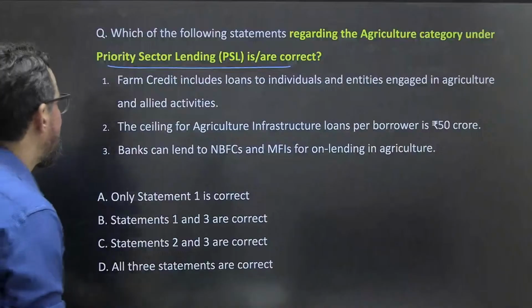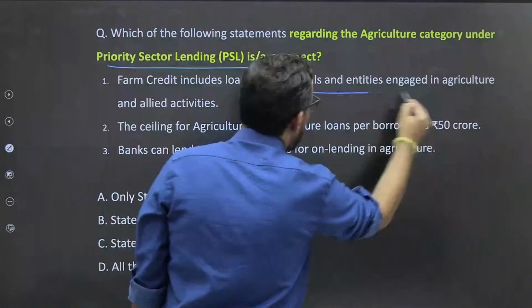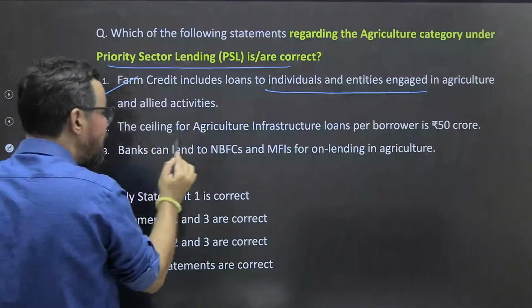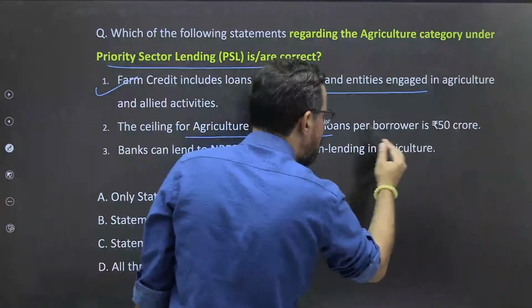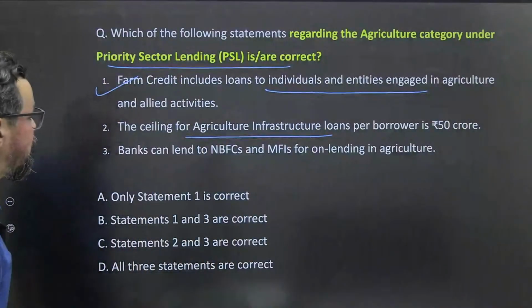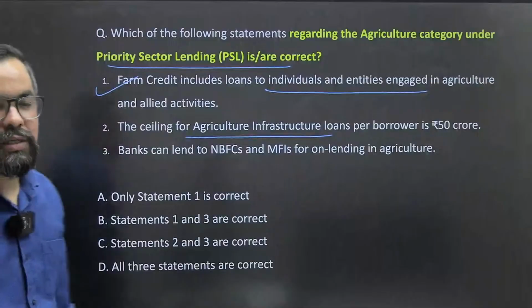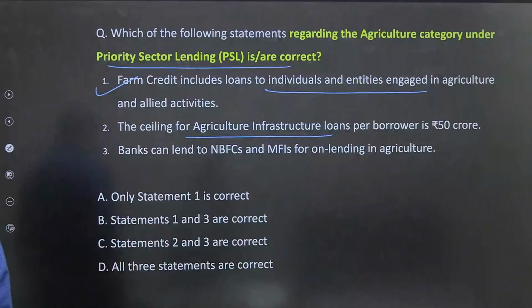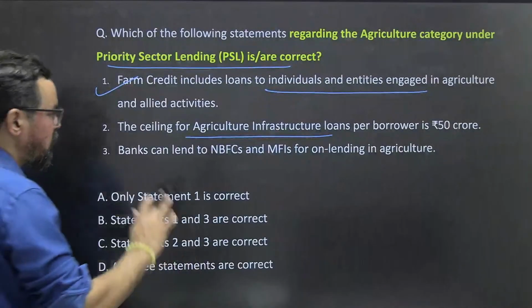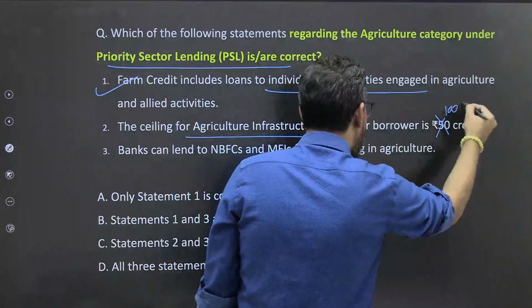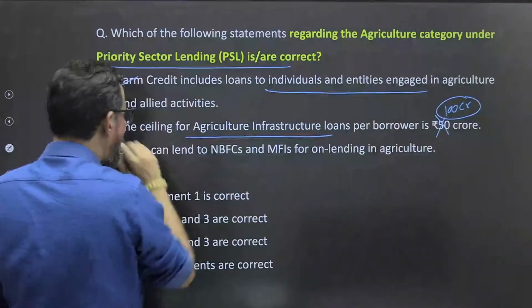बताओ, एनीवन हू वांट टू आंसर दिस पर्टिकुलर क्वेश्चन गाइज, आपका इजी है थोड़ा सा, ठीक है। अगर आप देखेंगे समझ में आ जाएगा। फार्म क्रेडिट इंक्लूडेड लोन्स टू इंडिविजुअल एंड एंटिटीज इन एग्रीकल्चर एंड एलाइड एक्टिविटीज। द सीलिंग ऑफ एग्रीकल्चर इंफ्रास्ट्रक्चर लोन पर बोरोवर इज 50 crores, ठीक है। व्हाट इज द लिमिट अंडर दिस वन, ठीक है। नॉट 50 crores आपका, ठीक है। कितना अमाउंट है ये आपका,